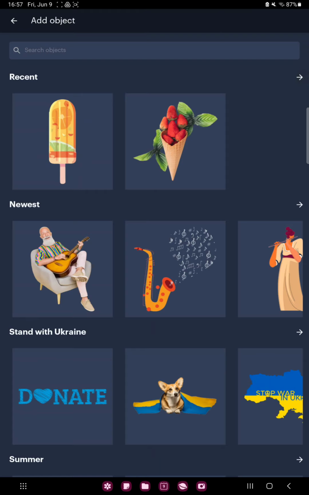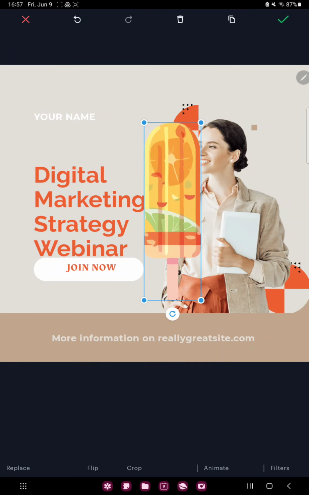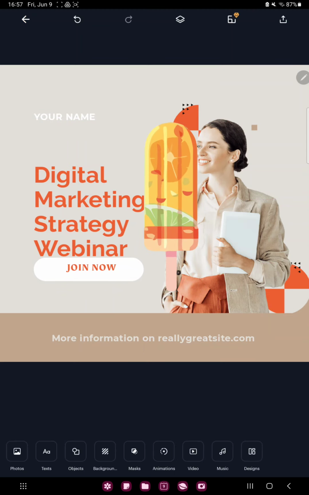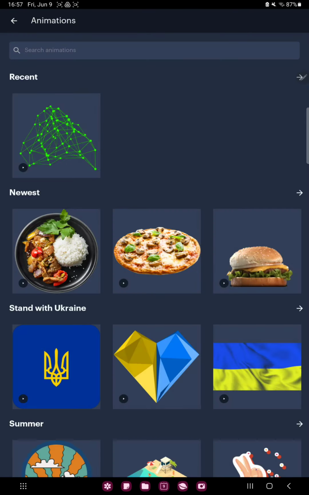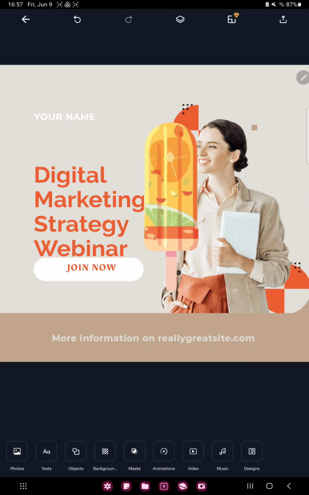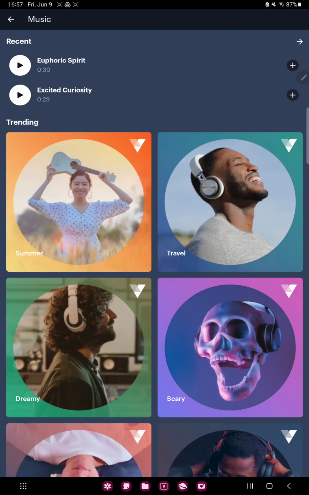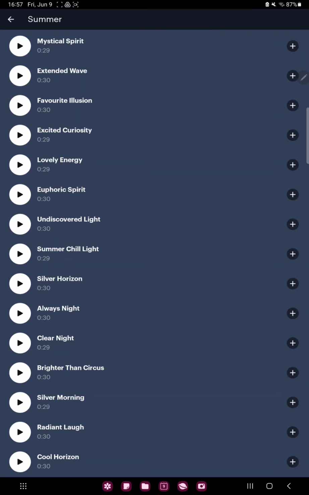different objects. For example, click the ice cream and you can move it and edit the size. In the animation section you can find different animations which you can add to your project. And in the music section you can find different music. For example, click the summer button, and if you want to add the song, just click the plus icon